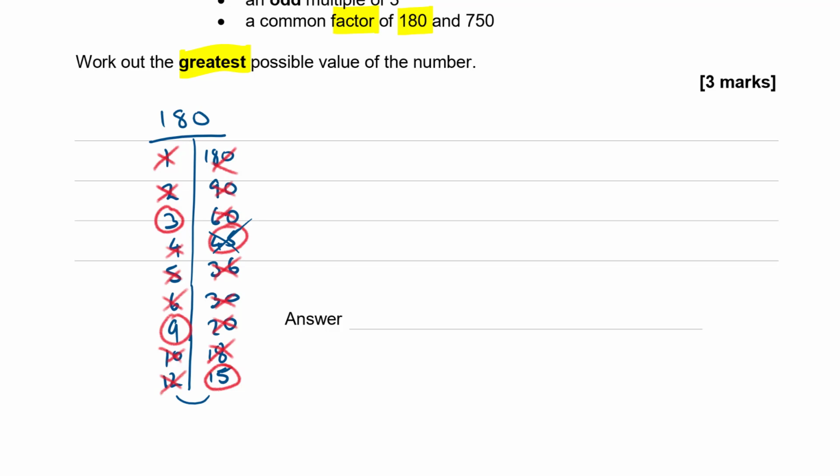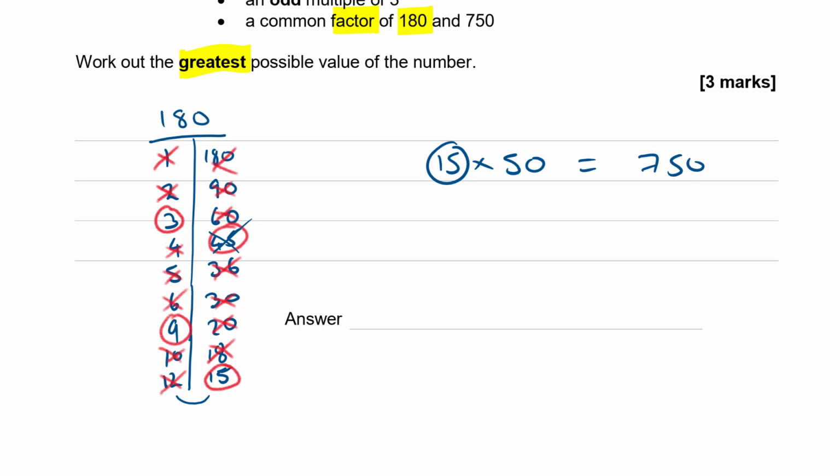15, 150, 300, 600, 750. Yeah, that works. So 15 times, what is it? Times 10 is 150, times 20 is 300, times 40 is 600. So it's times 50, isn't it? 50 times 15 is 750. So 15 works